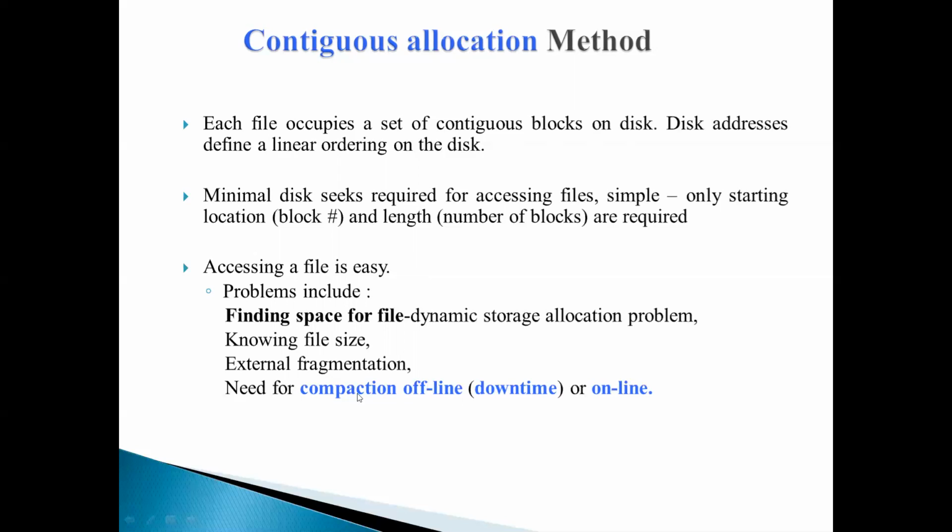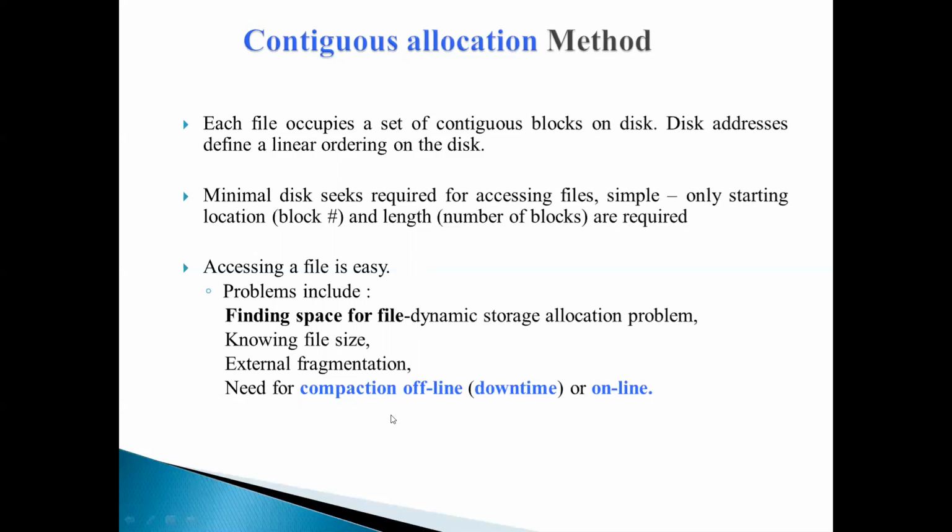Okay, so how to solve the external fragmentation problem? One way to solve the external fragmentation problem is by using compaction. Compaction is nothing but combining together all the free space which is available. So you may have 2 free holes on one part of the disk, you may have 3 free holes on another part of the disk. So from time to time, the OS will combine together all the free holes available to form one large hole. So this is called compaction. Okay, compaction is nothing but effectively combining all the free space into one contiguous space in order to avoid the external fragmentation problem.